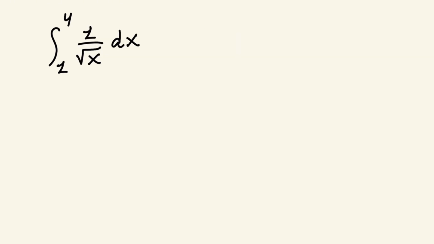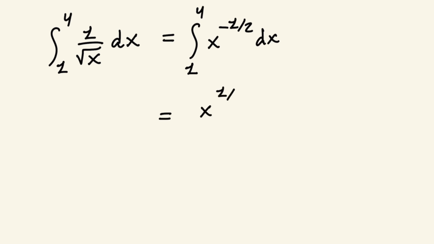Problem number 4. So before I show the solution, I invite you guys to pause the video and try to solve this for yourself. So the first thing I would do is express this as the integral of 1 to 4 of x to the power of negative 1/2, because this just makes integration a little bit clearer. Okay, so this is going to be equal to x to the 1/2 over 1/2 evaluated from 4 to 1,